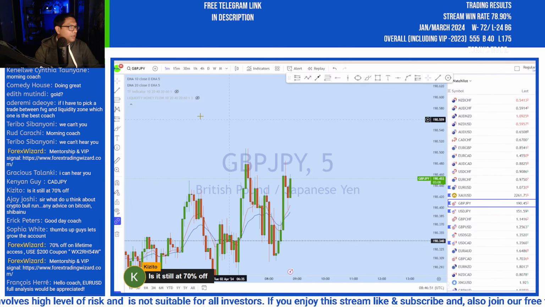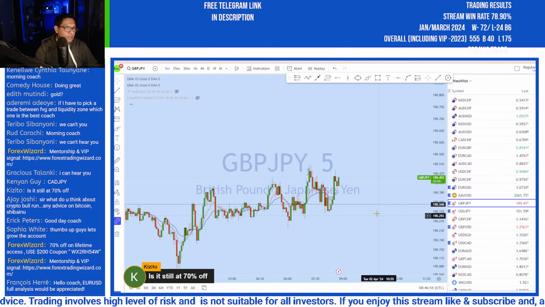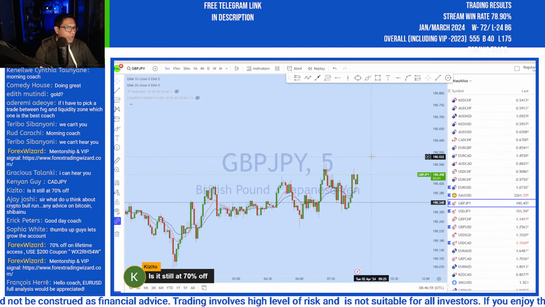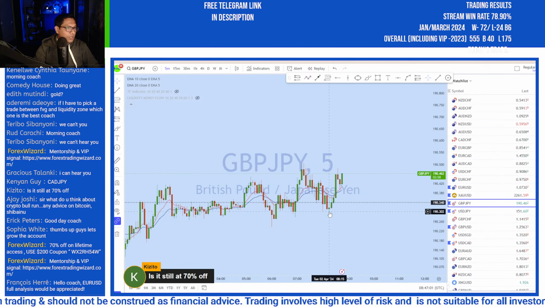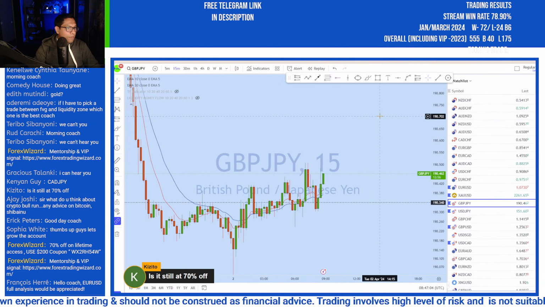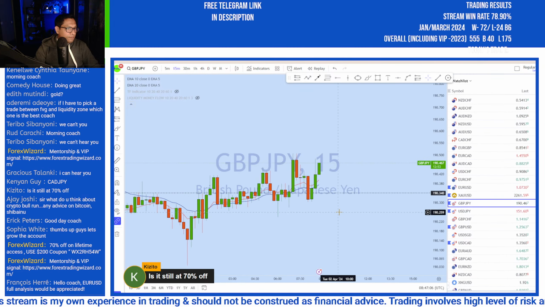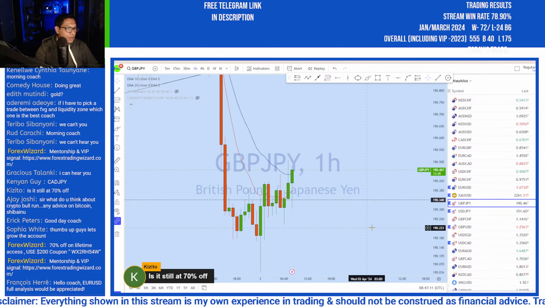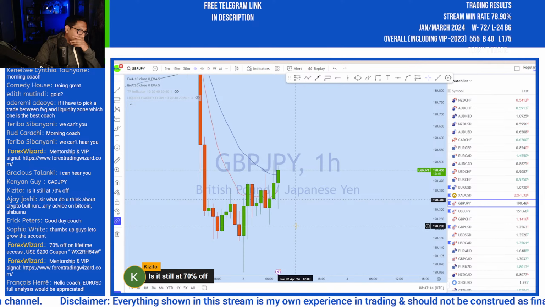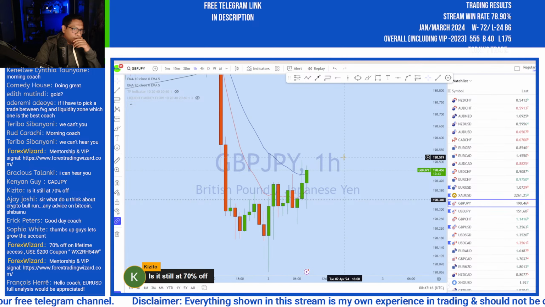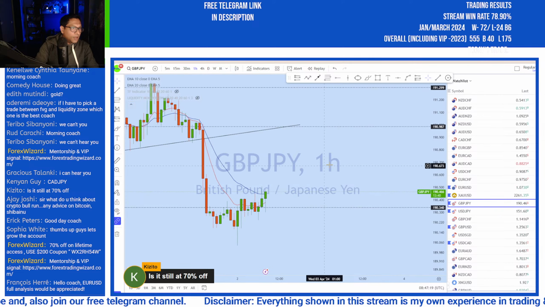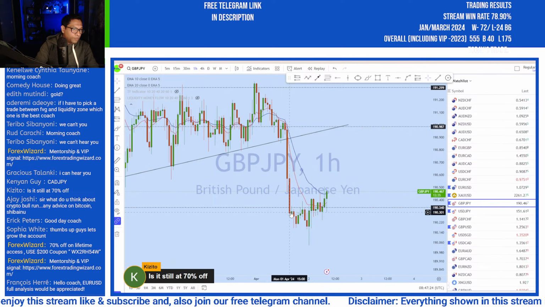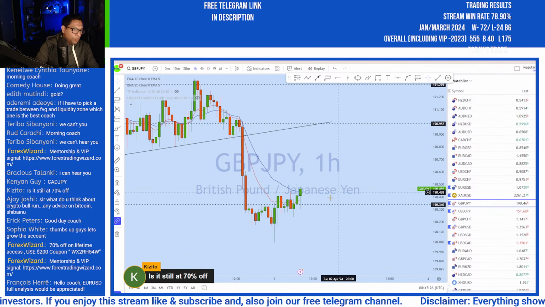Okay, so here is what we can see on GJ. Now here with this bounce from the 15 minutes, so the 1 hour candle, what we can see, this is a liquidity candle, back to back two liquidity candles, and because there is a big drop, otherwise I would look to buy here.